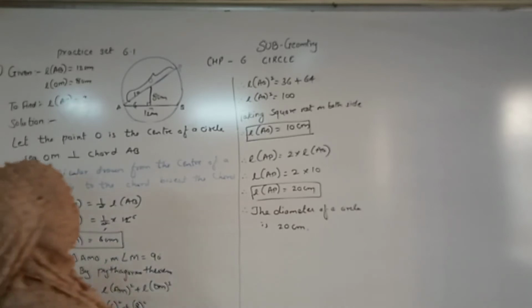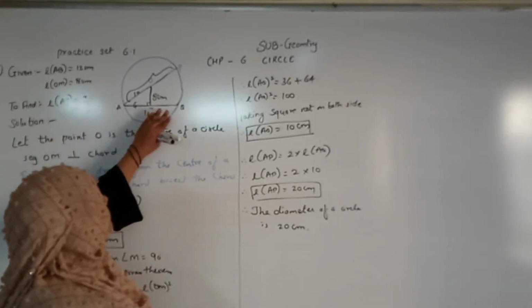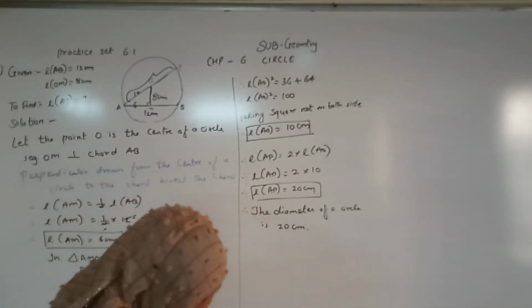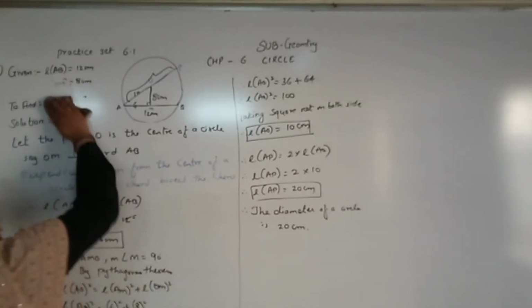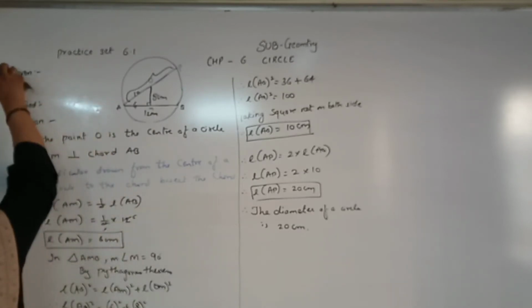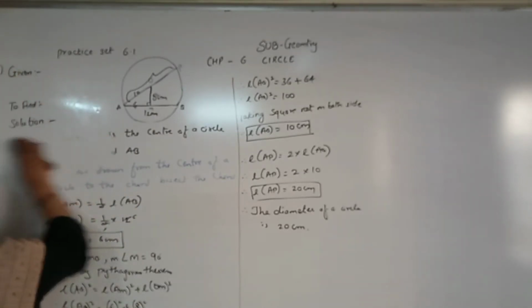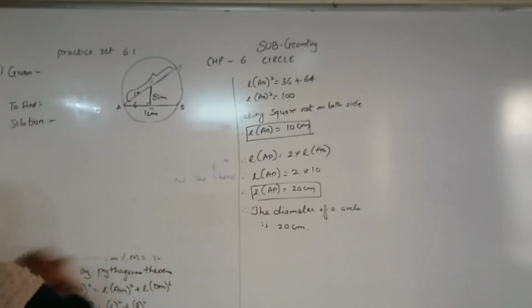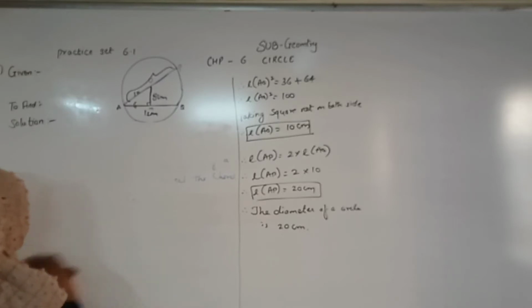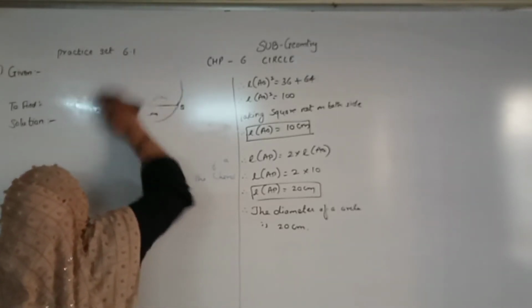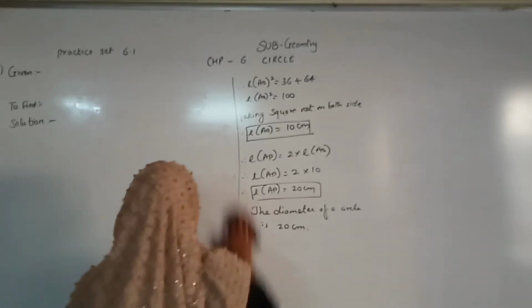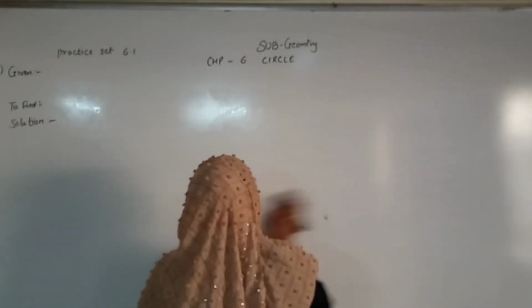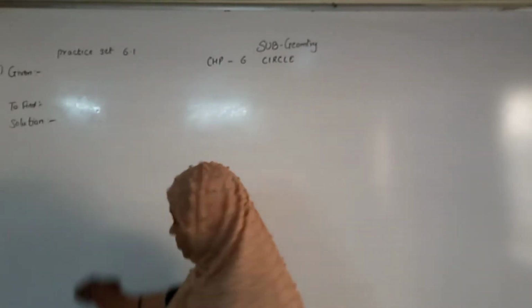Okay. Now student, we will keep the circle as it is, and I will rub all. For every question we have to draw the circle. Now question number 2. Same thing we have to follow. Let's see what is given or not. So we will find it. Okay, for the next question, now question number 2.